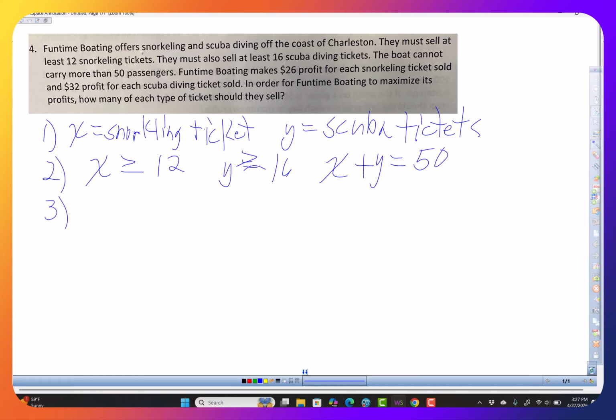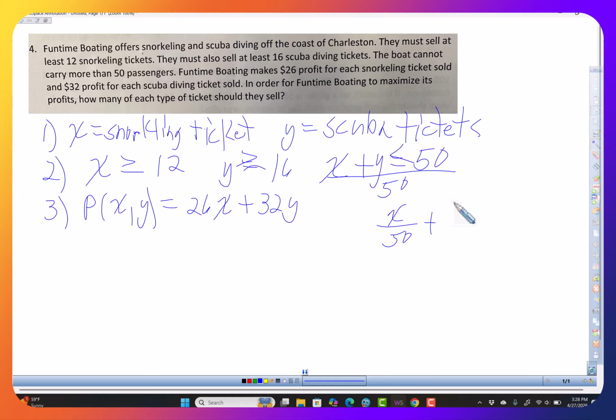And then our objective function is going to be profit in this case. So P(X,Y) is 26x plus 32y. Actually, the passenger constraint is less than or equal to 50. If I divide both sides by 50, I get into intercept form, which is x over 50 plus y over 50 equals 1. So if I put in a grid page here,